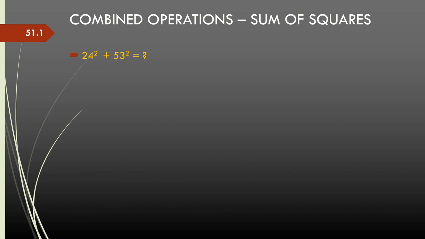So let's say for example we are doing 24 square plus 53 square. I can use the squaring technique, where the parts of the square of a two-digit number are a square, 2ab, b square. So I calculate the parts for both together. So here it is 2 square plus 5 square. So the left part is 4 plus 25, so this is 29.